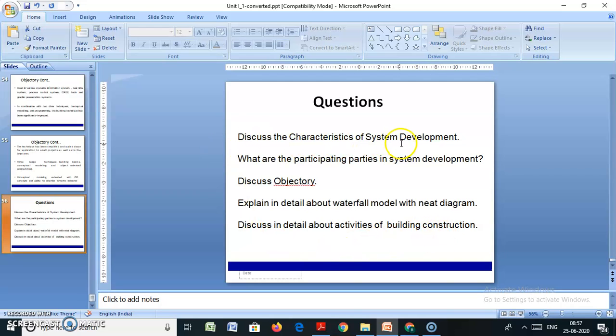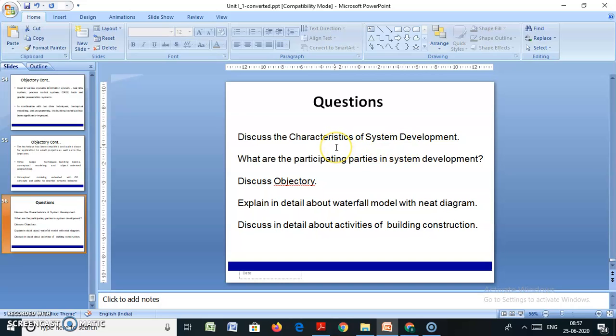The characteristic of system development is that it is a larger part of the activity of the organization or company. That is the first one. The next one is requirements or input to the system development. Next, the system is an output from system development.